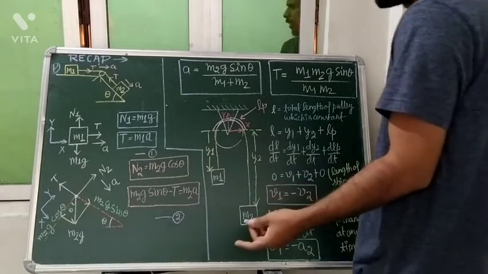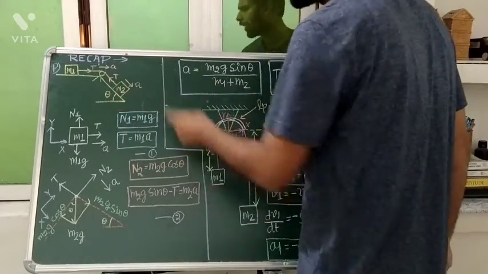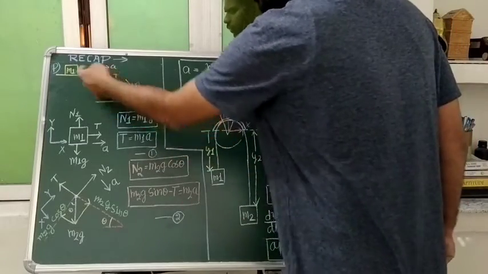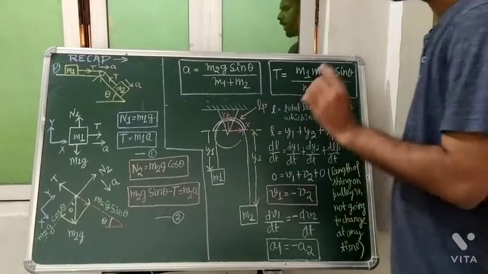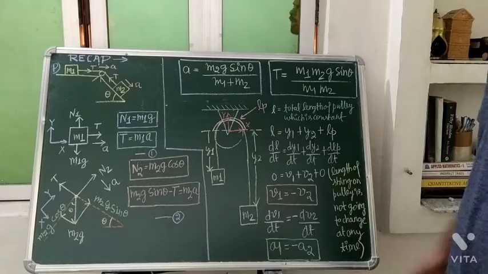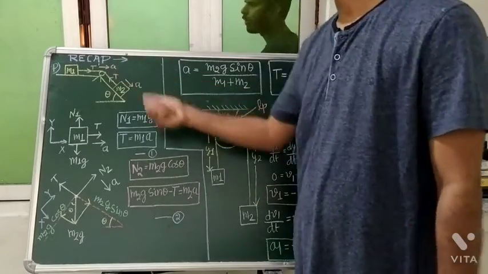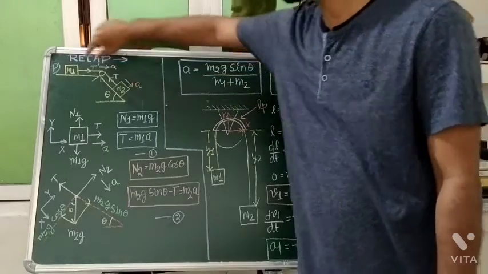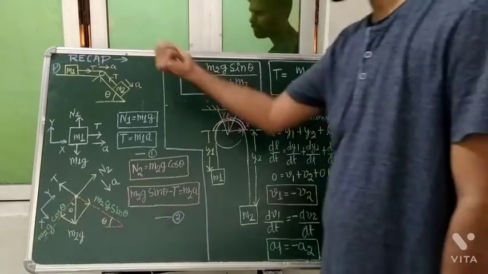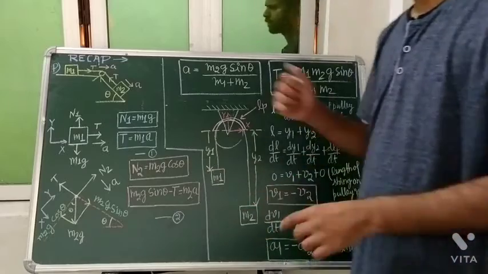Since we are talking about a massless and frictionless pulley, and it is fixed, not moving, and it is only one string we are talking about, the tension is going to remain the same. And of course, students, the accelerations will be the same, because whatever distance it moves, the same distance the other will move. From that we can say that the acceleration is going to remain the same. And after that, what was our task?